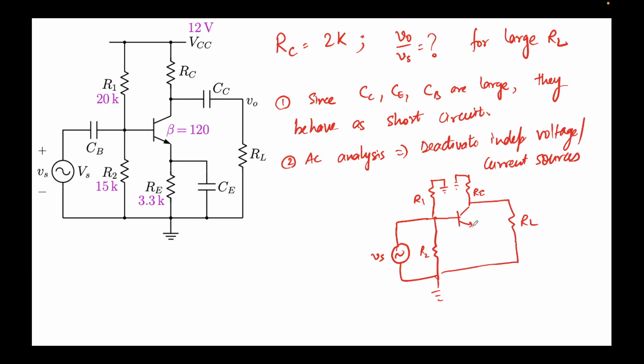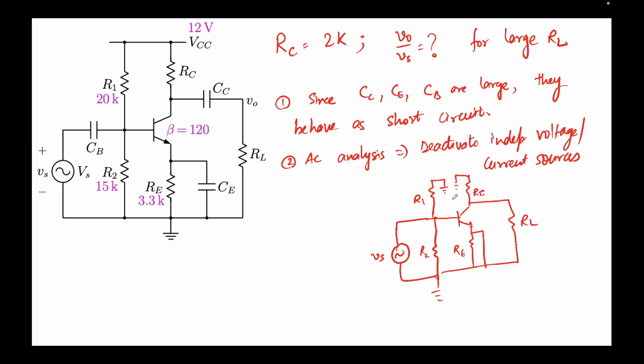And then we have this RE, and since CE is shorted, this is a short like this. This is the complete circuit diagram. I have still not replaced the BJT with its equivalent model, right? But even now you can clearly see that